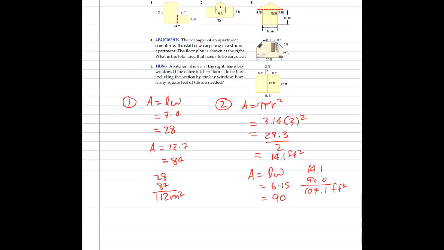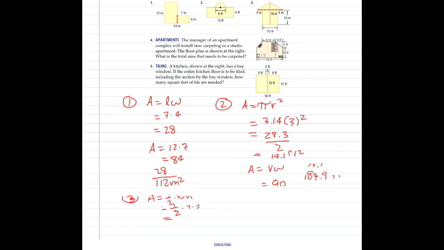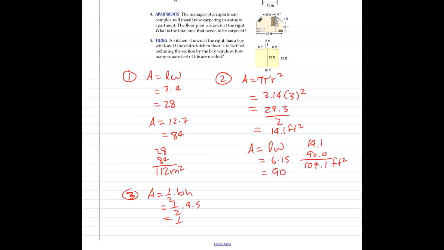My third figure. Actually, I've got 2 congruent triangles at the top. This is number 3. The base of my triangle is 9. The height of my triangle is 5. So my formula is 1/2 times base times height. So it's 1/2 times 9 times 5. Now, because I've got 2, I'm going to cheat a little bit here, and I'm just going to take 1/2 times 45 and take that times 2, which gives me an area there of 45, and that is